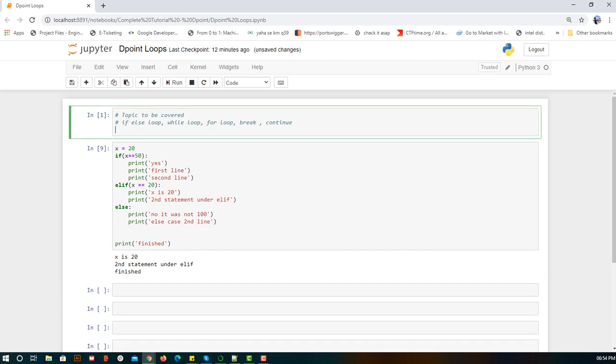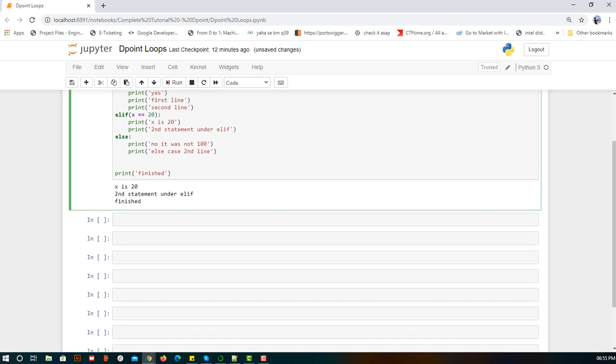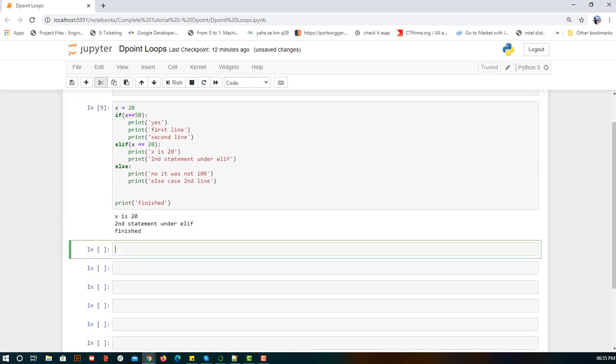Next we'll go for the while loop. This maintaining of spaces or tabs is called indentation. If I remove one space, it gives me a syntax error. That's one of the usages of the IDE, that it will take care of indentation, but you should know it. Next, let's remove all these unnecessary cells.